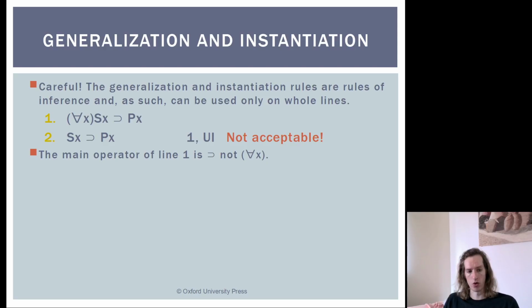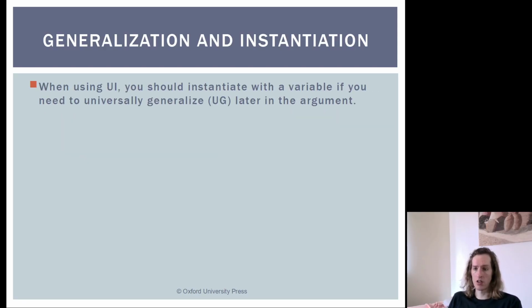instantiation. Very important. Also, when using universal instantiation, you should instantiate with a variable if you need to universally generalize later in the argument. Remember, you can only universally generalize from a variable, but we can universally instantiate with either a constant or a variable. But if we need to get back to a universal statement, we need to think ahead a little bit when we're doing instantiation, about what our end goal is. If our end goal is going to be a universal statement, then we need to keep it using variables rather than constants. So if we have the statement for all x's, if Sx then Px,